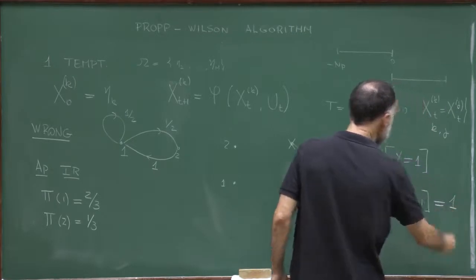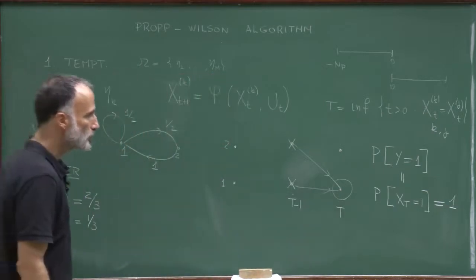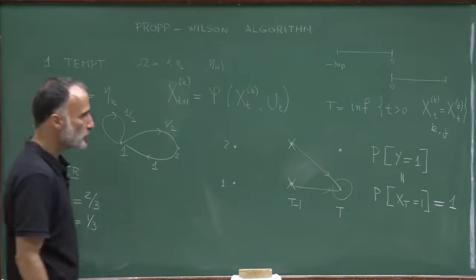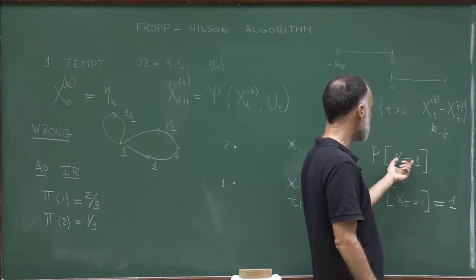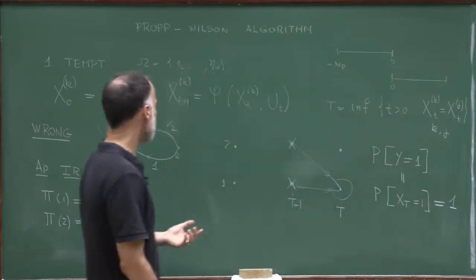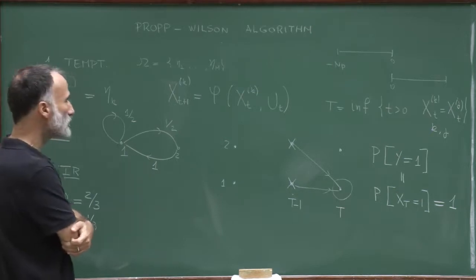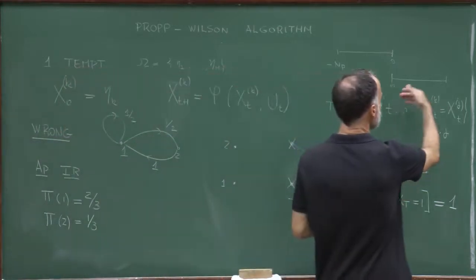Because when they meet, they always meet at the configuration 1. And of course, the probability of configuration 1 under the stationary state is 2/3, while this algorithm is giving us an output always equal to 1. So this example tells you that, indeed, this first temptation, which is to run the process forward in time